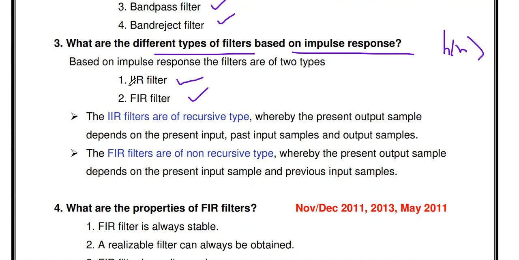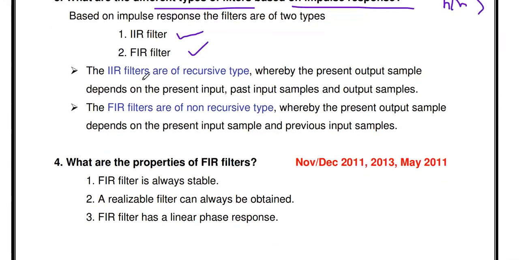We discussed the infinite impulse response filter in the second unit. In order to design an infinite impulse response filter, first we have to design an analog filter, either Butterworth or Chebyshev approximation. Then we have to convert it into digital using bilinear transformation, impulse invariant method, and so on. If you want to learn those videos also, that is the second unit, I will give the link in the description box. You can refer to it.